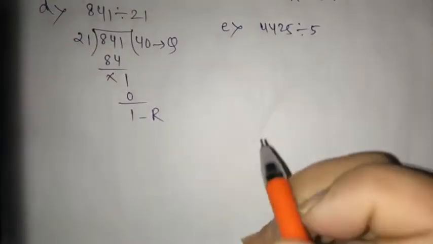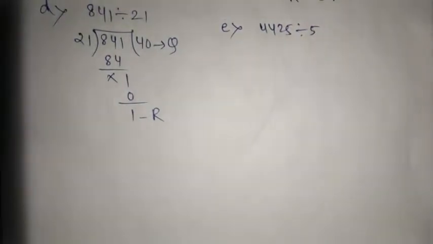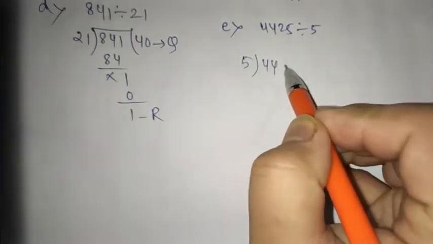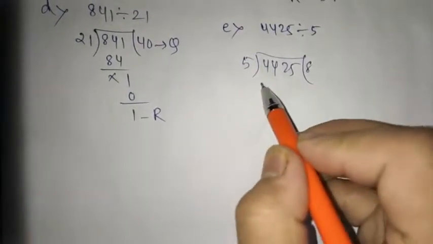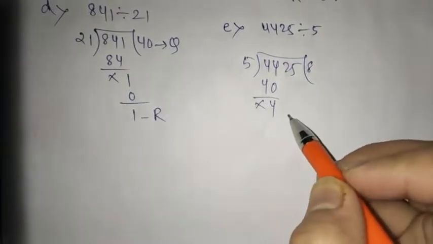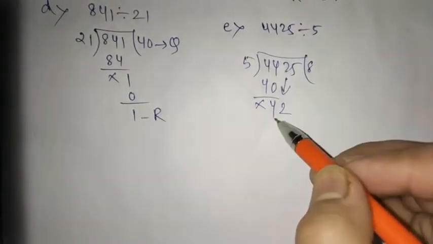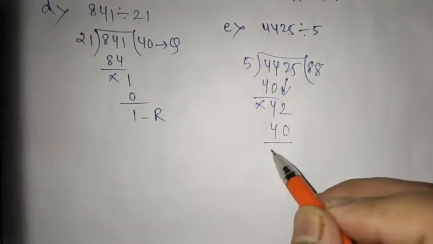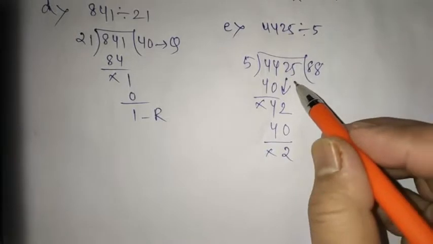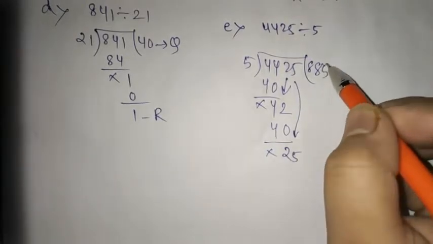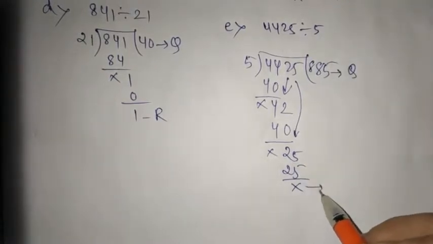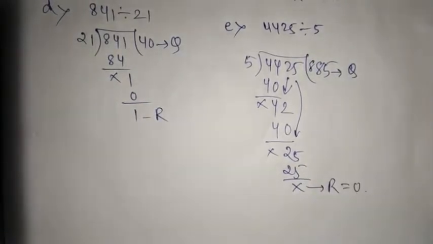Moving on to the next question, we have part E, 4425 divided by 5. So when you divide this, you will get 5 8s are 40, 4 will be down, so 2 will come down, so 4 is the remainder in this case, so 2 will come down, 5 8s are 40 again. Now 2 minus 0 is 2, this 5 will come down, what will be the remainder? 5 5s are 25, your remainder is 0. So your quotient is 8 and your remainder is 0, you can write, okay? So number E is also done.